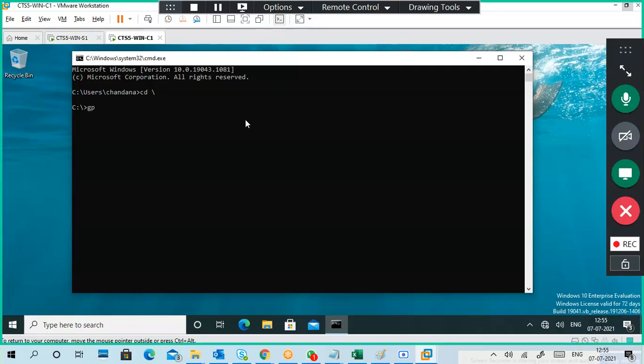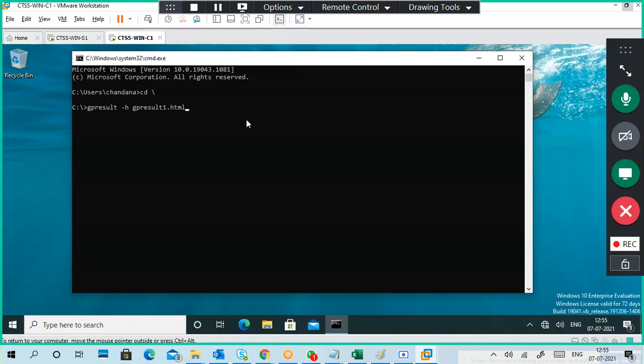Then the simple command is gpresult. gpresult space hyphen h space, and you have to give some HTML page name, something like gpresult one dot html.